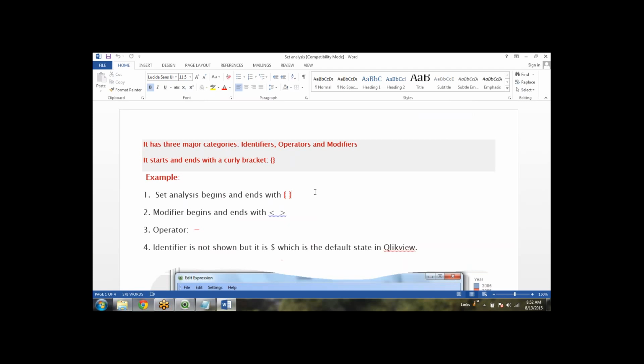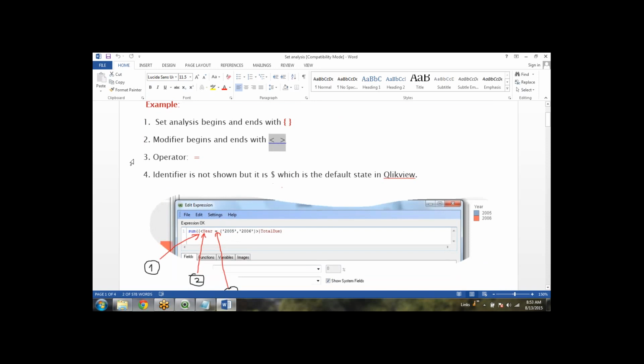Okay, set analysis starts with, I mean, having the three components. Operator is equal to, not equal to, okay, or less than, greater than. Okay, and modifier is this sign, like less than, equal, less than and greater than. And identifier is a dollar. Okay,